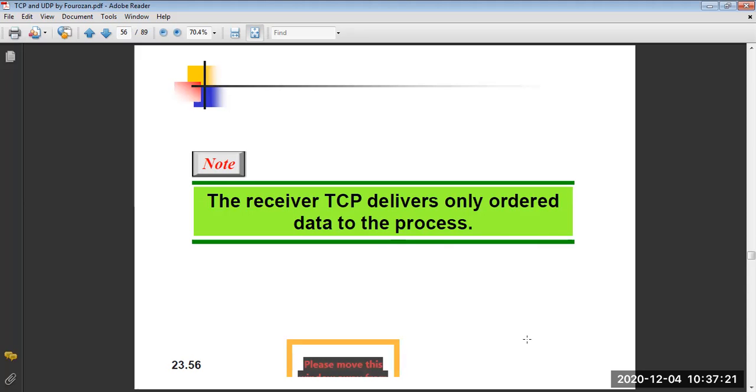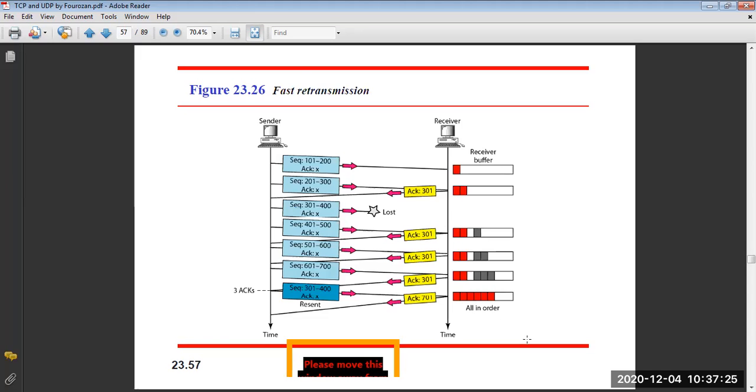So receiver TCP delivers only ordered data to the processes. So you can see this is the fast transmission. Fast retransmission में ये problem आती है most of the time. यहाँ पे देखिए जब फास्ट ट्रांसमिशन किया तो यहाँ डेटा लॉस हो गया, तो फिर से फास्ट रीट्रांसमिशन किया तो we got the ordered data, यहाँ पे देख सकते हैं रिट्रांसमिशन में हमको ऑल इन ऑर्डर्ड मिल गए सारे डेटा,